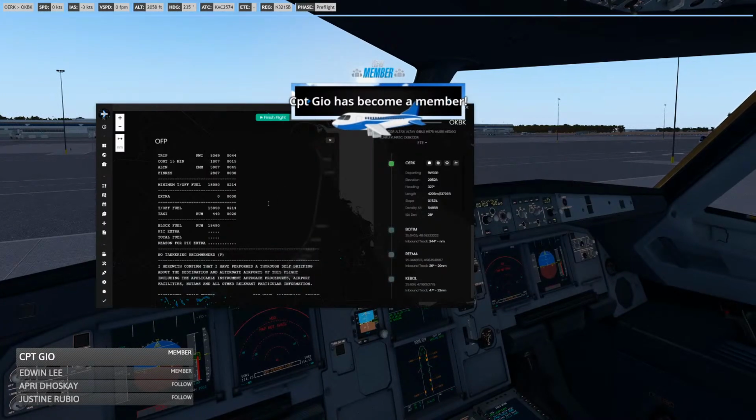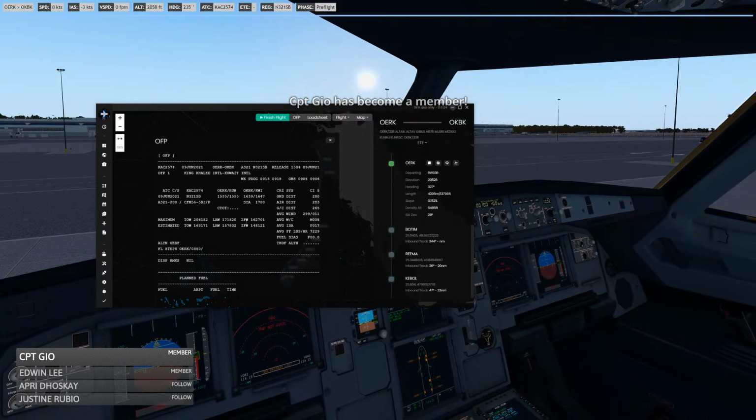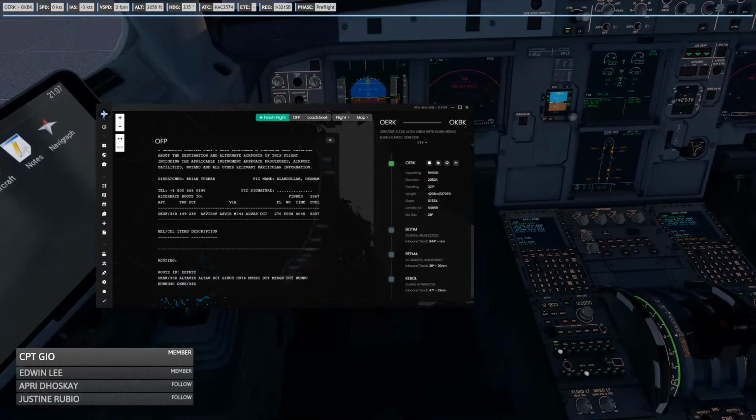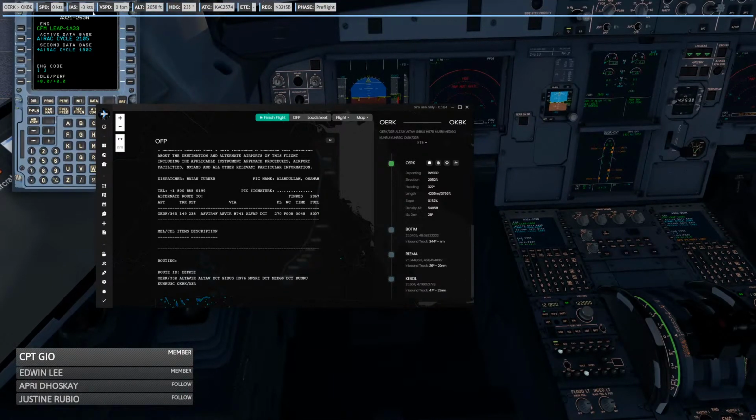Today, folks, we are going to be cruising at 35,000 feet. And so we're going to set that here. 35,000 feet is now set. And let's go and set up the MCDU. Let's bring it up here, and